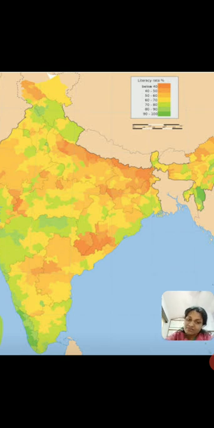So like that, every map will have a box that shows you details of what the colors or the signs and symbols stand for. Now what is this called? These are called conventional signs and symbols, and the box in which all these details are written is known as the key or legend. What would that be called? That white box that you can see on the screen right at the top is the legend of the map, or the key of the map, that tells you how to read the map.